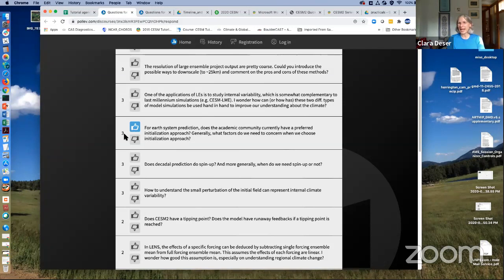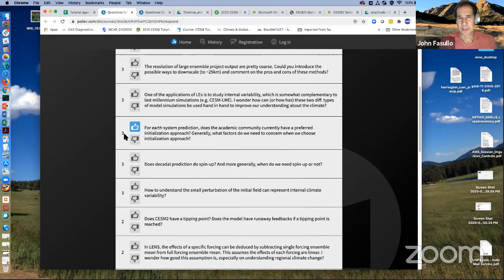And then we shouldn't forget internal variability, right? That's these long control runs where there is no change in the external forcing. Those give us the best sampling, if you will, of internal variability without any external influence. So that's sort of your baseline that you can compare these forced simulations to, whether they're last millennium or present and future time periods, to see if you can really detect any forced changes in internal variability. I think that's a good description.